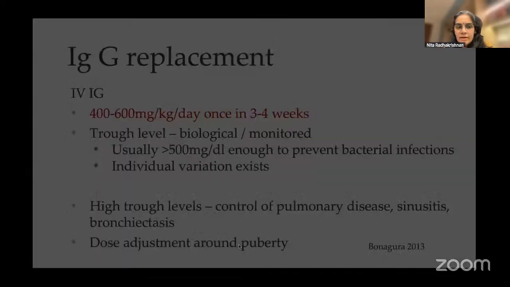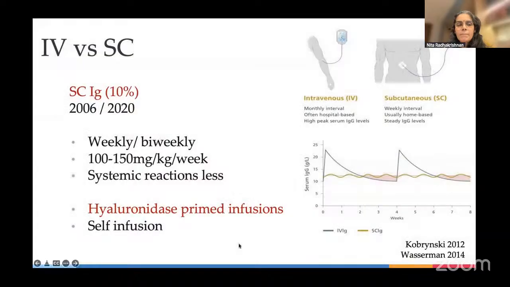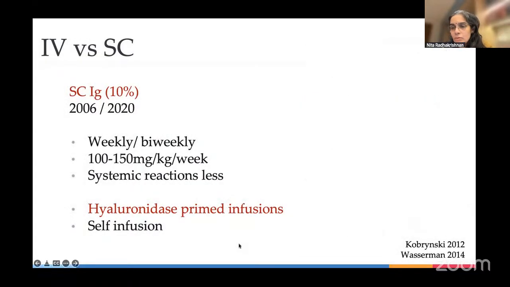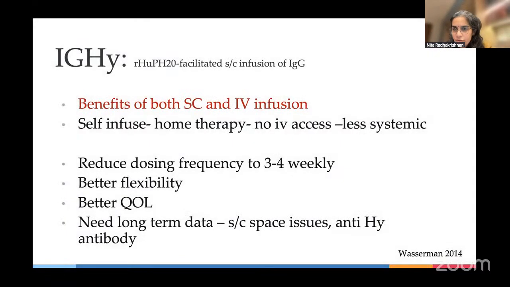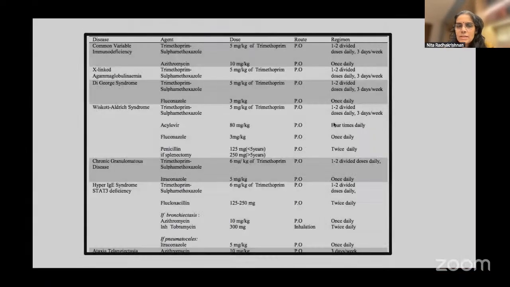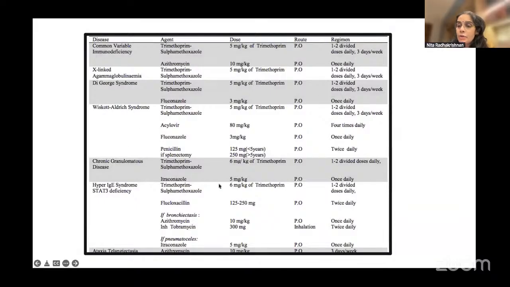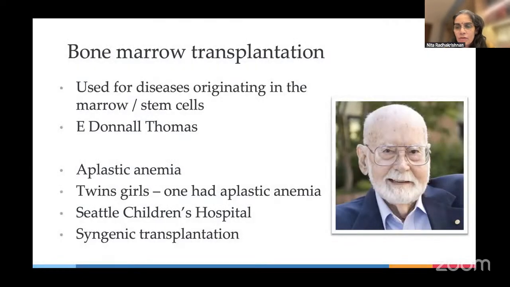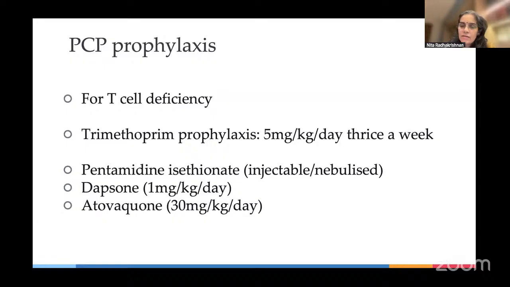So immunoglobulin replacement can be IV immunoglobulin replacement or sub-Q immunoglobulin replacement. Both are available in our country. There are two different types of sub-Q immunoglobulin replacement as well, and the cost would be almost similar. And then we do give antibiotics to patients who have breakthrough infections. So if you have antibody deficiency and are on IVIG prophylaxis and there are breakthrough infections, we can add an antibiotic. Based on which compartment is affected, the antibiotic or antimicrobial of choice would change. PCP prophylaxis is given to all patients who have T cell deficiencies.